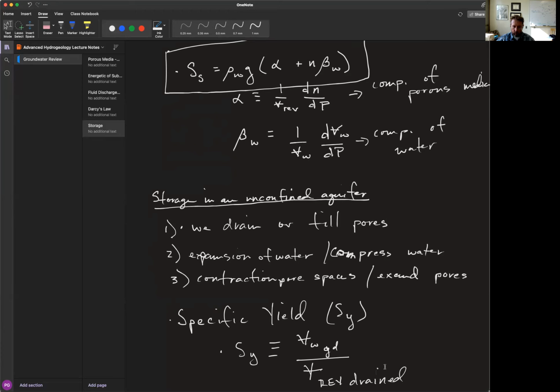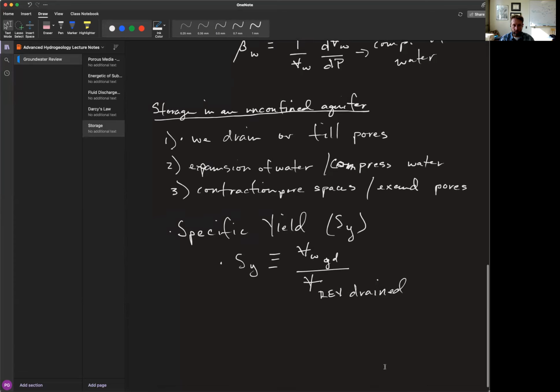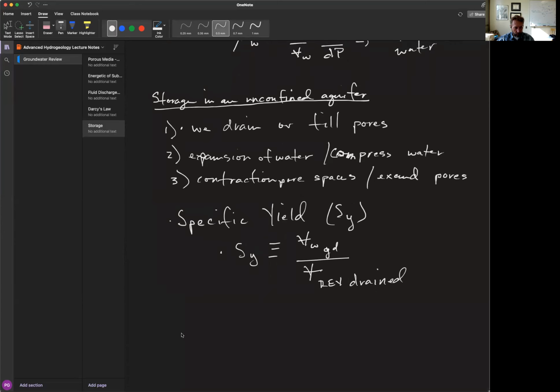All right, so the way to think about this is if I have a chunk of porous media that's saturated and then I just let it drain under gravity, the volume of water that was drained out, normalized by the volume of that porous media, is the specific yield. All right, so that is the specific yield, essentially the measure of the storage released from gravity drainage of pores. So the total storage